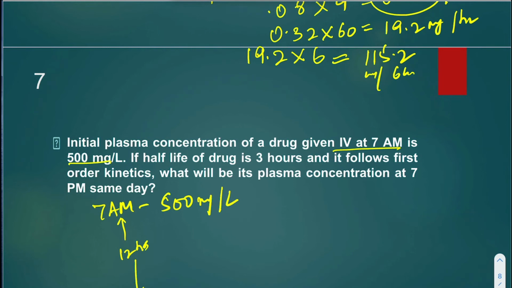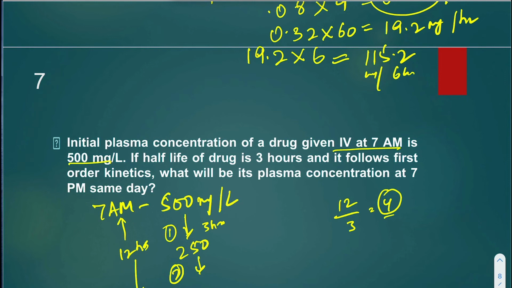अब 12 आवर्स में इसकी हाफ लाइफ, जबकि कॉन्सेंट्रेशन गोज टू हाफ, so इसकी concentration will be half, that is 250 in 3 hours। ठीक है, so अब हम देखेंगे कि इस 12 hours में कितनी हाफ लाइव्स आती हैं। so सिंपल है, 12 को आप डिवाइड करो 3 से, so 4 हाफ लाइव्स आएंगी। so 4 टाइम्स 3-3 घंटे का गैप आएगा, और 3 घंटा इज 1 हाफ लाइफ, तो 4 हाफ लाइव्स आ गई। so फर्स्ट 3 घंटे में और फर्स्ट हाफ लाइफ में 250 बना, हमें 4 हाफ लाइफ्स कैलकुलेट करनी है। सेकेंड हाफ लाइफ में फिर हाफ करेंगे इसको, 125 बना।